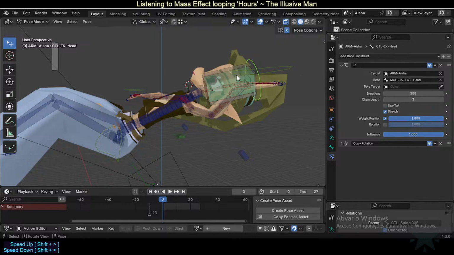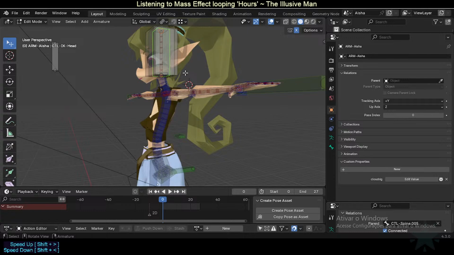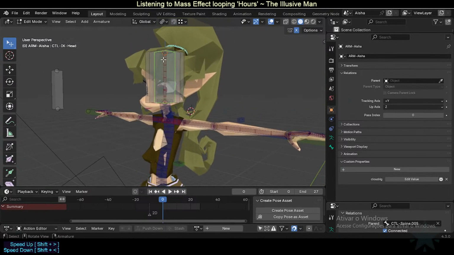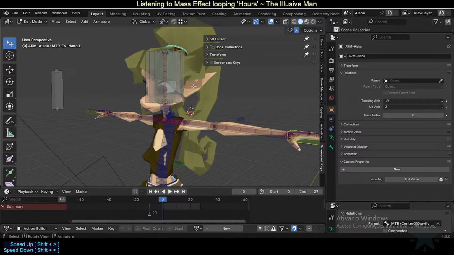So this doesn't use tail, so that means there's this bone, and I think probably I need to make some sort of splitting bones here, or try to mimic exactly what I did here for the feet and hand. Like I have a mechanism bone that would be here, but even I had a control bone. So maybe if I could